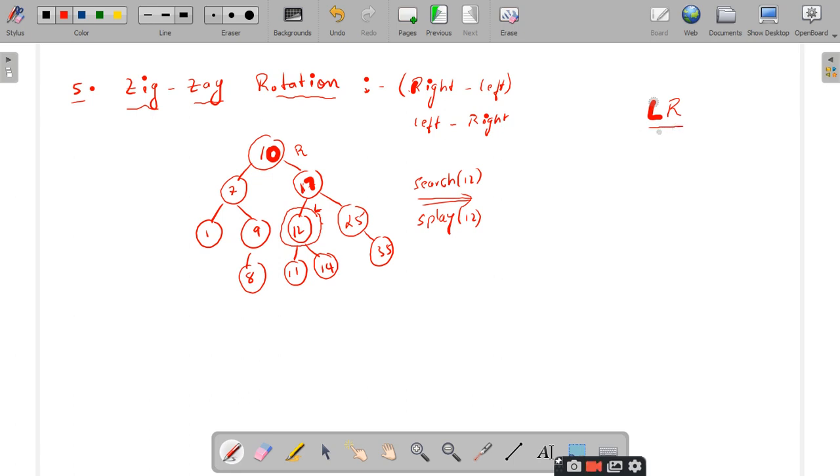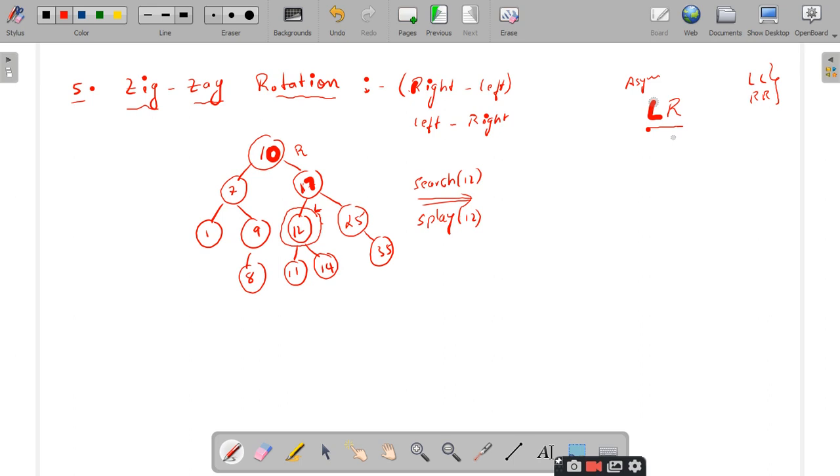LL is called symmetric. This is for our understanding only; nowhere else will you get it. Similarly RR. These two are called symmetric relations. Why? Because the child follows the same properties as the parent. If the child is the left child, the father is also the left child of the grandfather. But here we have this asymmetry: the child is the left of the right child of the grandfather.